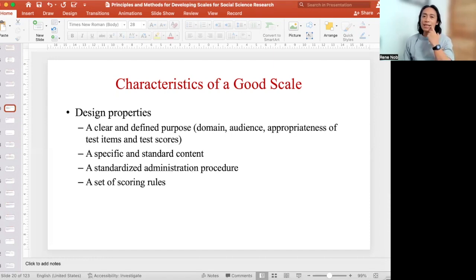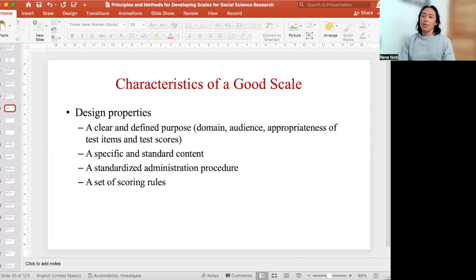So when we say design properties, there are a number of things that you should look into. The first one is that as the developer of a scale, you have to be very clear with regard to your purpose. Why are you creating a scale? What domain are you measuring? What construct are you measuring? You have to be very sure about that. Who is your target audience? Did you design this particular scale with the intention of administering it to elementary school students or to college students? Our knowledge of who our audience will inform some of the more important decisions that we will do in the